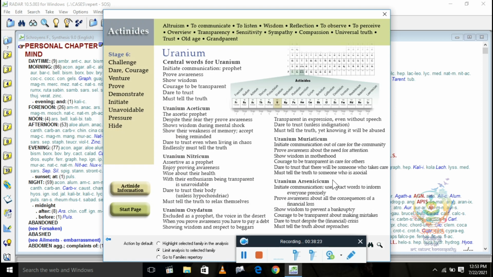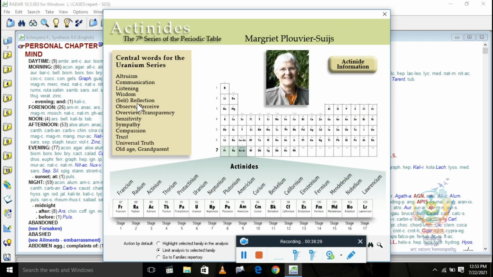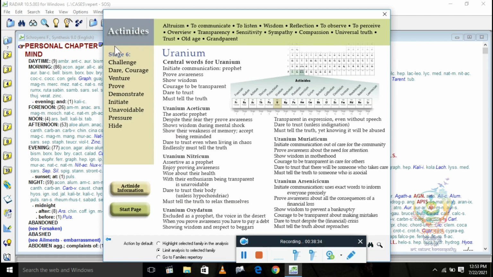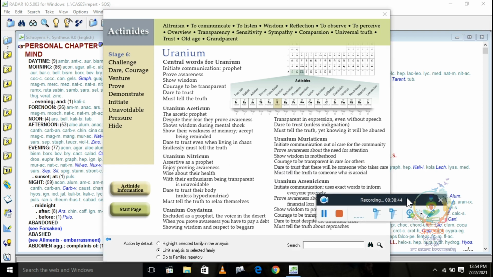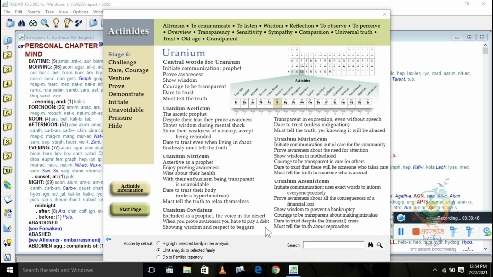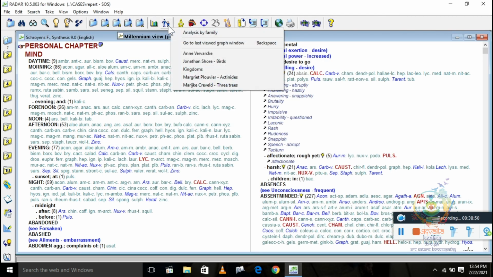You can read about the same, and then also, see, I want to see uranium. So you can read about the actinide remedy here, like that.